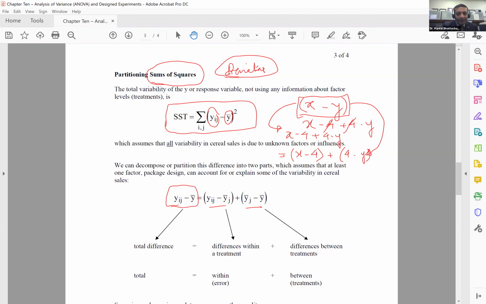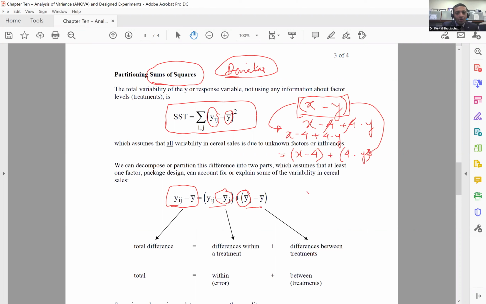As you can see, y sub ij minus y bar is being written as y sub ij minus y sub j bar plus y sub j bar minus y bar. So this is a negative value, this is a positive value. They basically cancel each other out, in the same way negative 4 and positive 4 cancel each other out. And now I can really use the parenthesis to create two distinct buckets. And if you're asking yourself what these buckets mean,